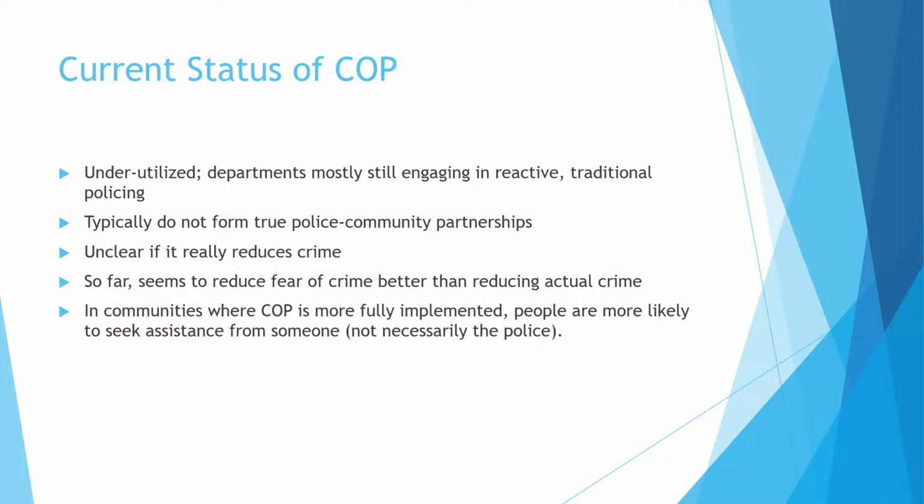Most of the time, the communities may not even be aware that COP is being implemented, so the police really need to advertise that they're doing community policing. Make sure the public is aware of what they're trying to do. Some studies have shown that where the public is aware of community policing, they're more likely to call someone for assistance. It may not be the police. So it may be a third agency. So let's say a domestic violence victim doesn't call the police, but now because of police efforts to educate the public, she knows more about victims' resource centers. So the victim reaches out to the victim resource center, maybe not the police. So that's a good thing. Even if they're not calling the police, they're calling somebody for help.